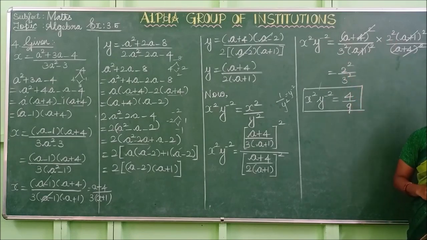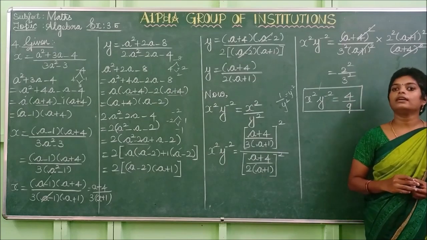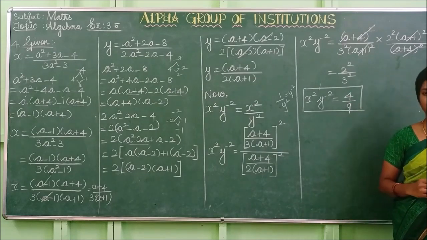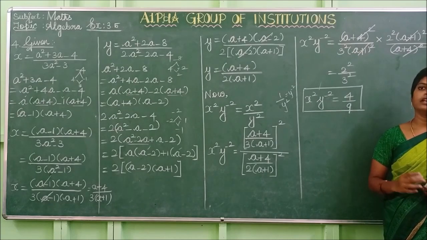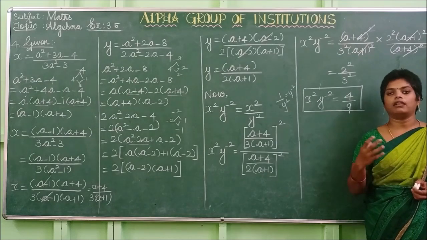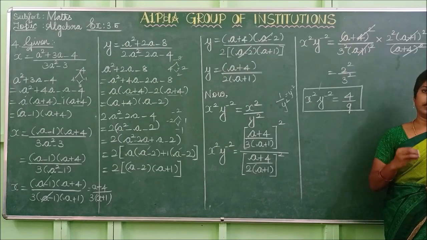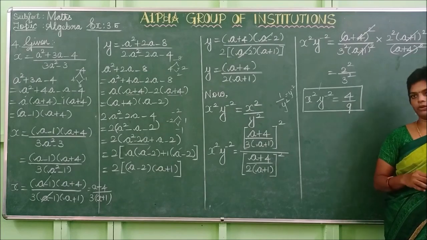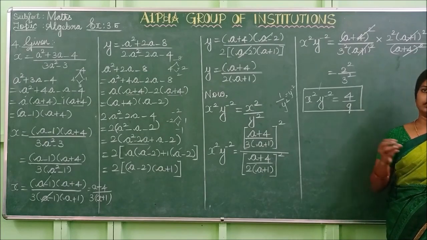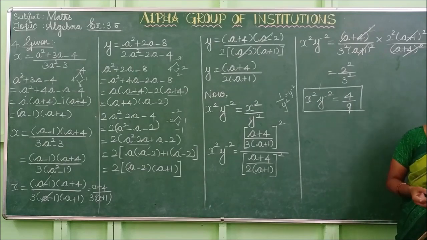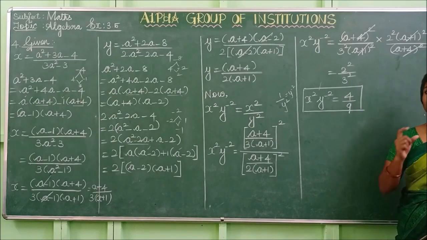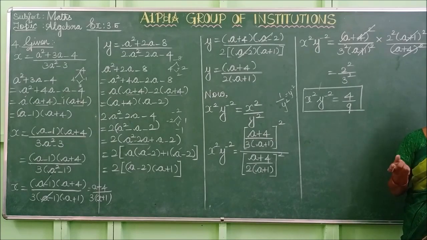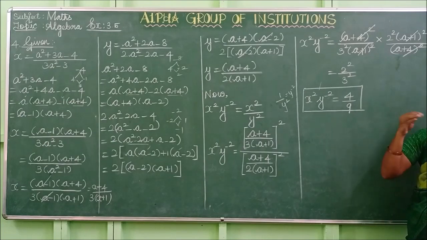We have cleared about this. So in this chapter we learned about the multiplication and division of rational expressions. Multiplication is nothing but: if you take p of x by q of x and r of x by s of x, any two rational expressions where q of x and s of x are not equal to 0, then the product will be p of x by q of x into r of x by s of x, which is equal to p of x into r of x divided by q of x into s of x. So you have to find the value. After that you have to reduce it to the lowest form.